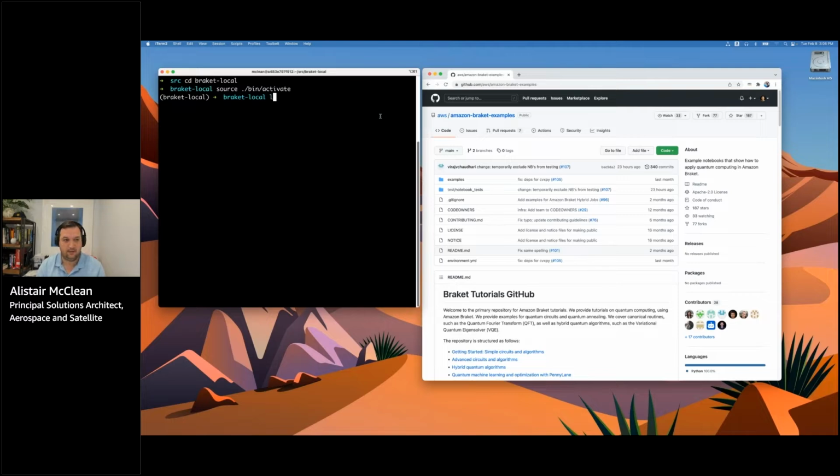As you can see, it's completely clean and I have a few directories involved. First thing that I'm going to do is install my requisite libraries, my Python libraries. And for that, I'm just going to use pip. And for today, I'm going to need Boto3, which is of course the AWS SDK for Python. I'm going to require Amazon Braket SDK. I'm also going to require JupyterLab. And I'm also going to install Matplotlib so that I can have nice, good looking diagrams and stuff.